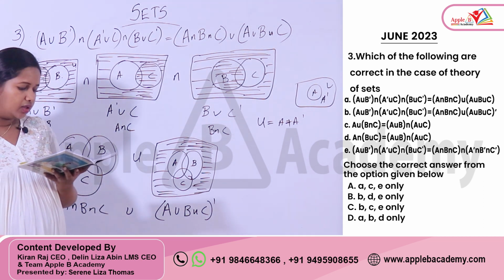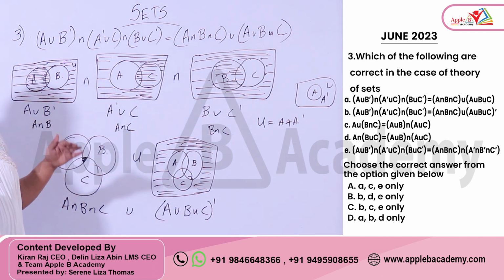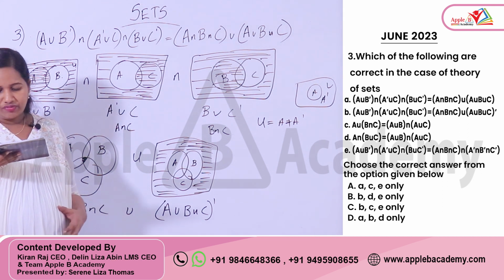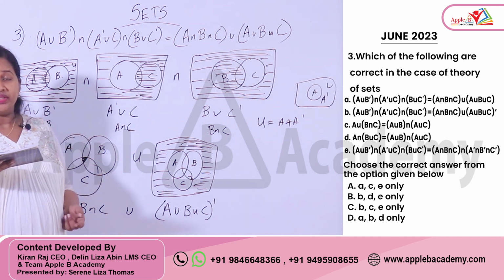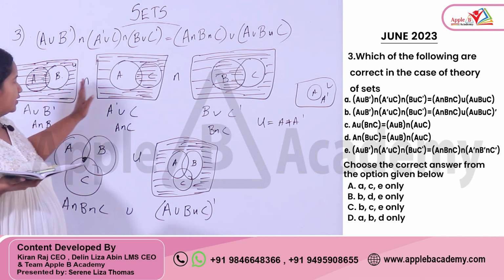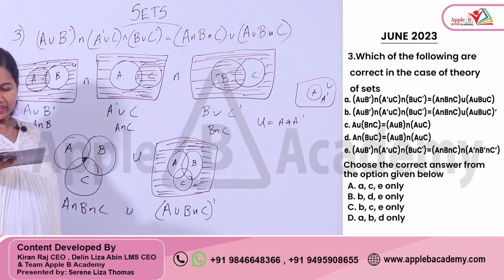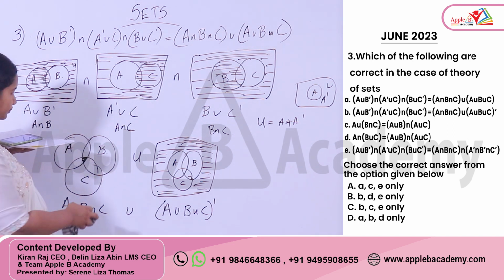Now we will look at option E, because the LHS is common for these three options. For option E, again, A union B complement intersection A complement union C intersection B union C complement, that is noted here, is equal to A intersection B intersection C intersection